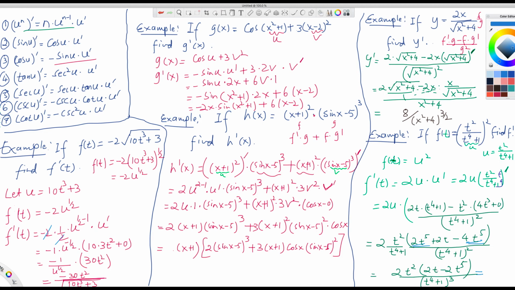I think the website accepts this answer too, but if you want to be more specific, if it doesn't like that answer, I have to factor that t out, and also 2 out, 2t out. So if you take 2t out, that 2 and 2 will be 4t cubed, right? 4t cubed, and then 1 minus t to the 4, divided by t to the 4 plus 1 to the third. That is the very final answer. Okay guys,